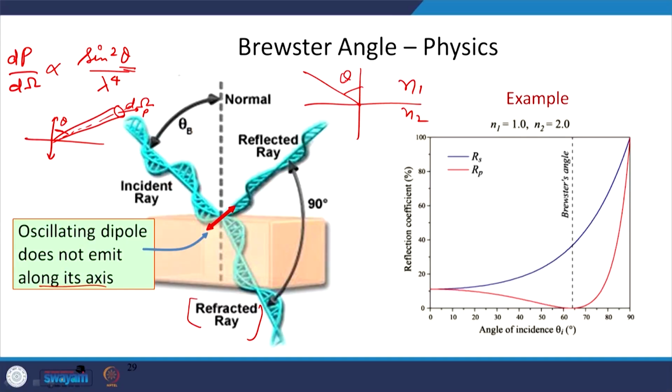So, how does it look when you have an interface, say from n1 to n2, light is going like this, and you keep increasing the angle theta, what will happen? And you want to measure the reflected light. That is how you perform the experiment for Brewster angle. So, this is also theta 1, this is also theta 1. What happens is that you start from 0 degree of angle of incidence, for this particular condition, when you have n1 is equal to 1 and n2 is equal to 2,